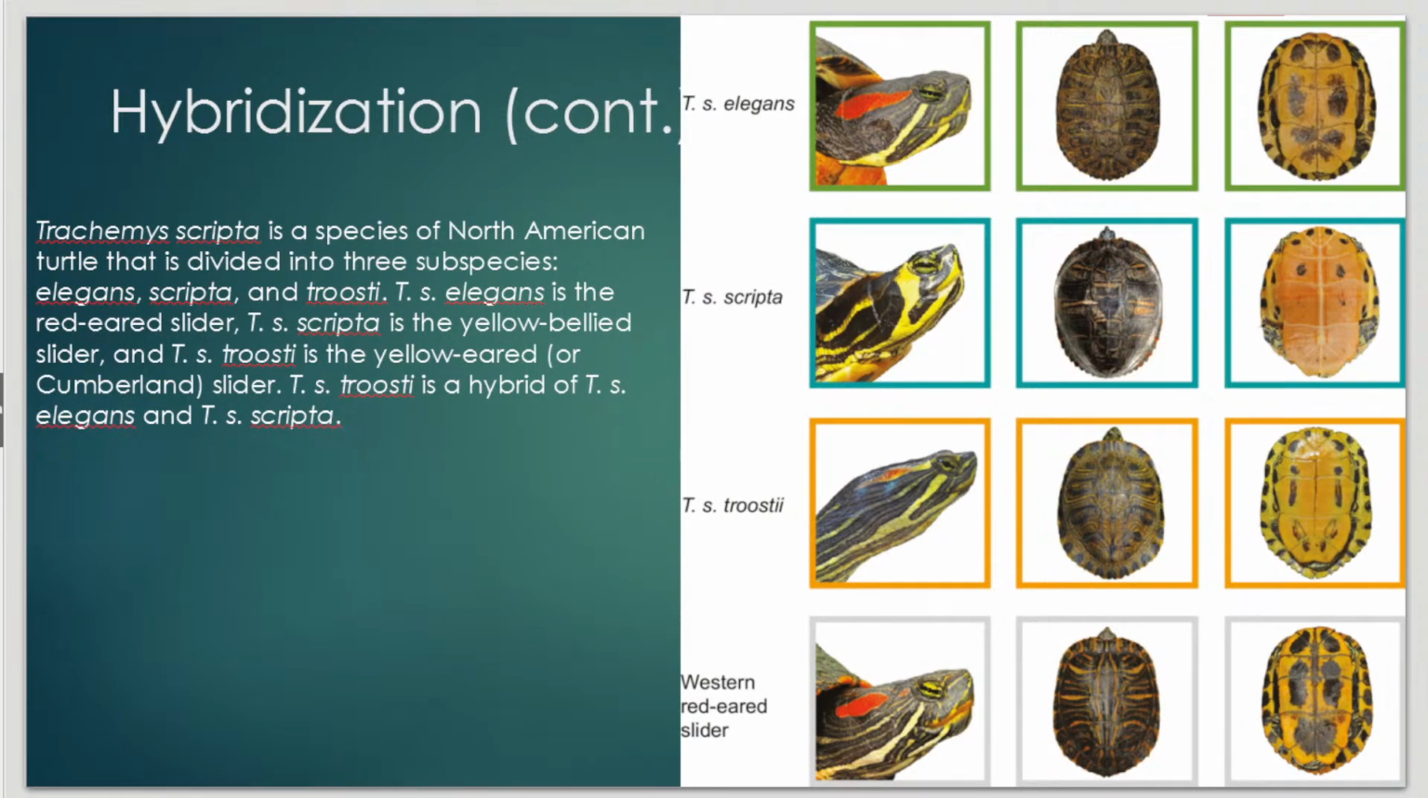Okay, and then there's just turtles. This is just another example. Well, this isn't. I mean, sort of. So basically, these are all the same species, in my opinion. They're all Trachomys scripta. They can all hybridize. They just have slightly different morphologies. I don't think I included a slide on prezygotic and postzygotic